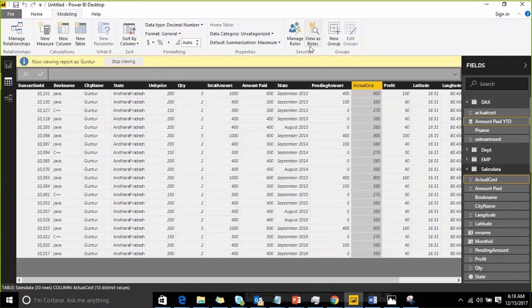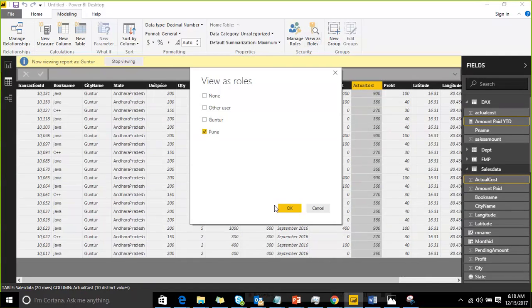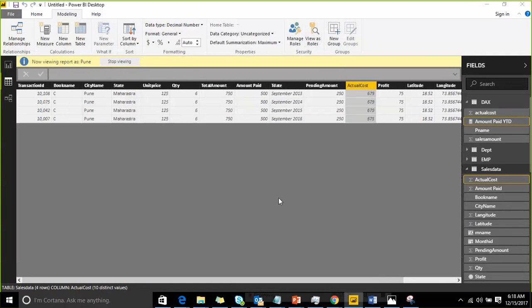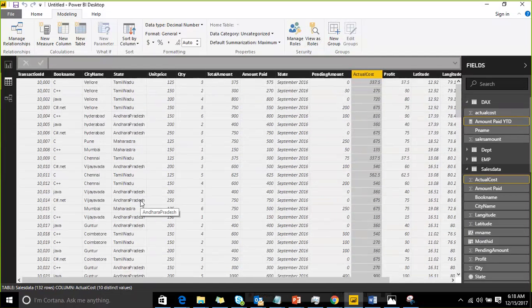Similarly, viewing as Pune, it is representing Pune data. So the roles are working fine. You created a role, you provided a condition, you tested it, and everything is working fine.